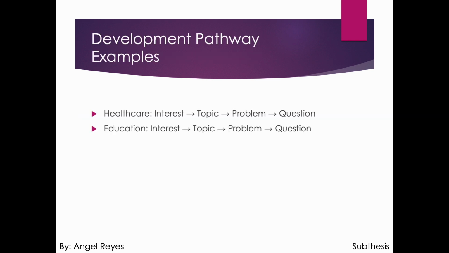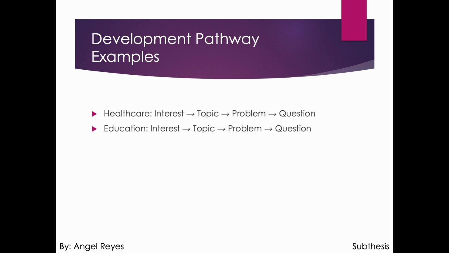Let's look at 2 concrete examples of this pathway in action. In healthcare research, someone might begin with a general interest in healthcare disparities. This could narrow to a topic focusing specifically on rural healthcare access. Within that topic, they might identify a problem concerning barriers to specialty care for rural patients. This could lead to a specific research question such as, how do telehealth interventions affect specialty care access for rural